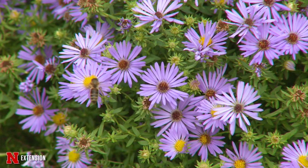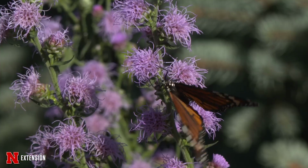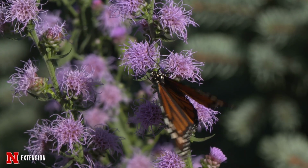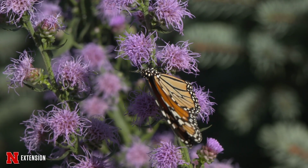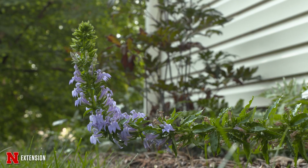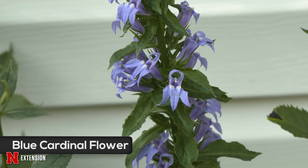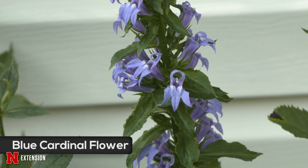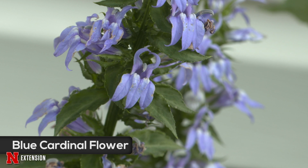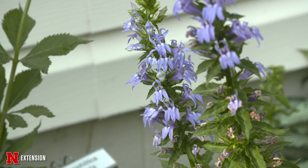We can also look at some of our other plants such as the fall blooming asters, some of the liatris, even some of the Joe Pye weeds. They all do really well, but make sure that you're choosing the right plant for your location. We can even look at some of our perennials such as the blue cardinal flower. This is a smaller plant that does well in a shaded location and damp soils. It has a pale blue flower that grows about maybe 2.5 to 3 foot tall, and it does great in